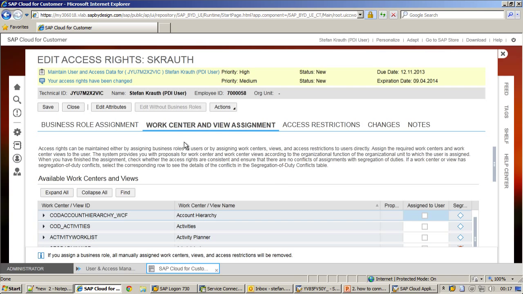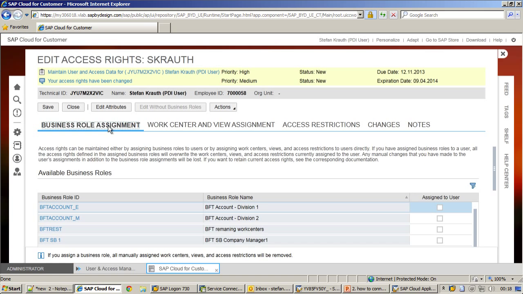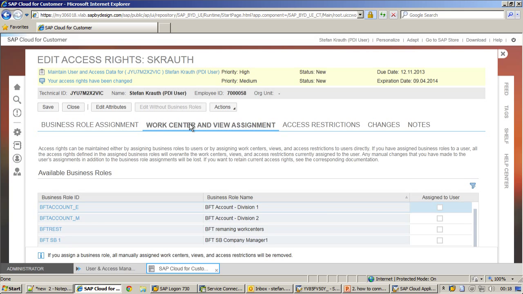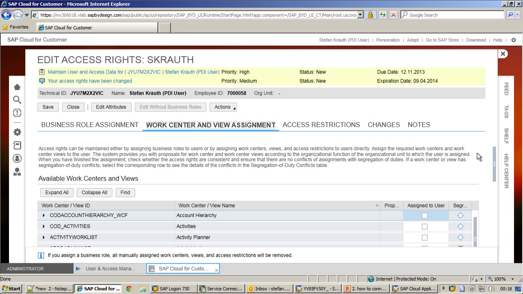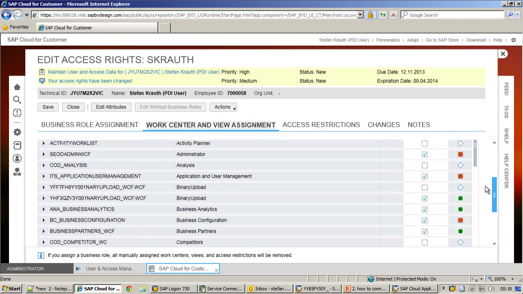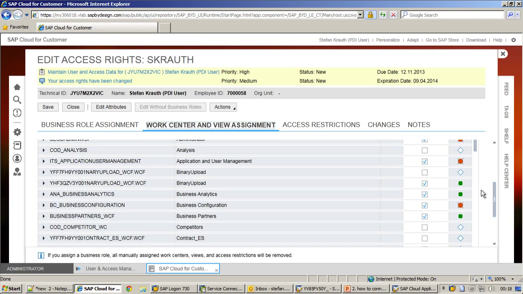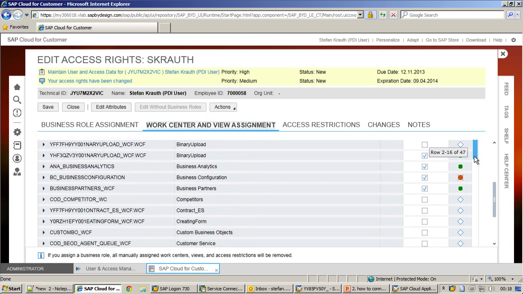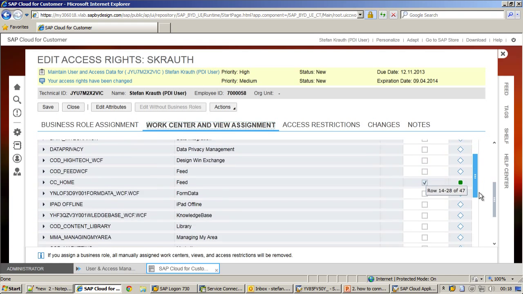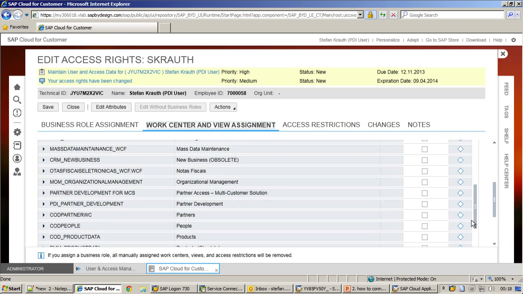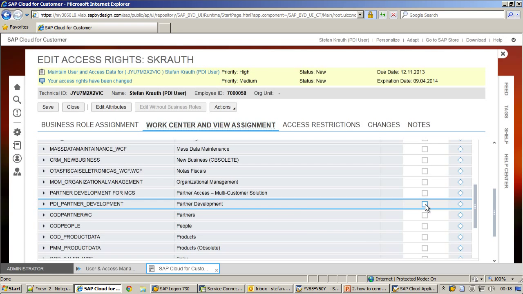And in this screen you see the Work Center and View assignment. It is possible that business role assignment is selected when you jump into the screen. Then select Work Center and View assignments and search for the Partner Development Work Center. Here it is. Select it